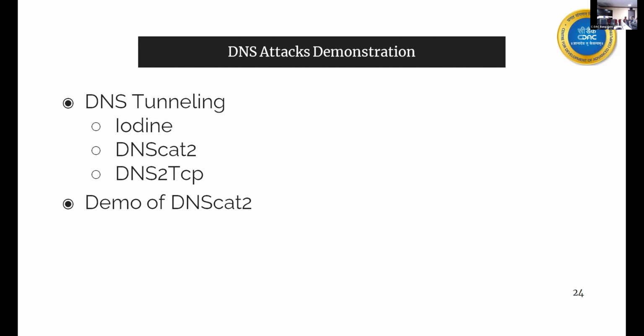I said that if you are using iodine, this is the method. If you are using dnscat2, this is the method. If you are using dns2tcp, this is the method. So I have developed tool-specific IDS signatures in my research work. I have at least almost 10 tools, and for those 10 tools, I have successfully developed the IDS signatures. Those IDS signatures will be able to identify that if you are using dnscat2, this is a tunneling attack through dnscat2 which is happening now. But if you have a new tool, then still you don't have any solution. So again, you do one more signature.